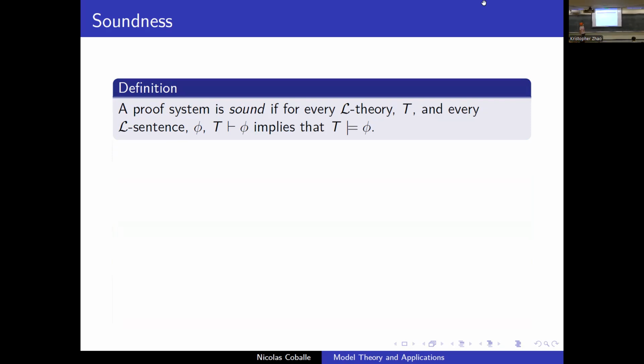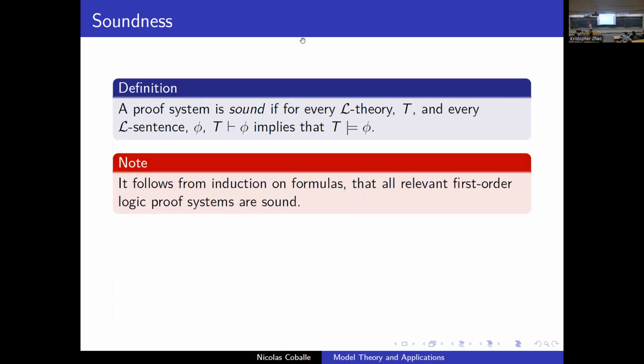A proof system is sound if for every L theory T and every L sentence phi, T proves phi implies that T entails phi. It follows just from induction on formulas that all relevant first order logic proof systems are sound. This is basically saying that if you can prove something, then it's valid. Like if I have the theory of groups, GRP, and we go back to this example,